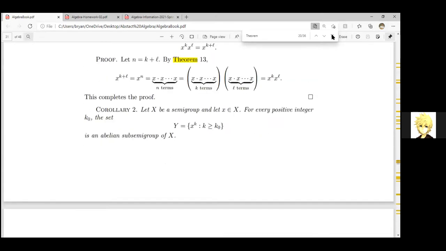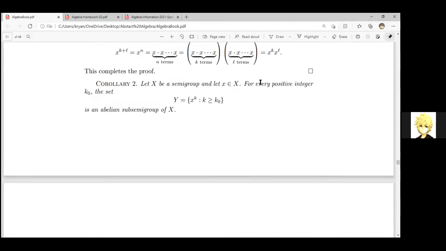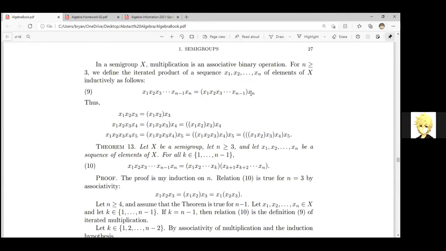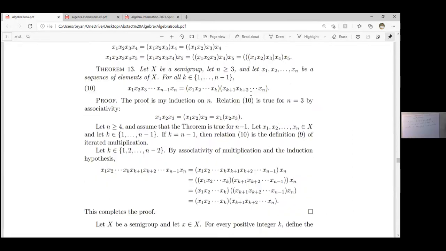Let's see. You just go up a page. Up a page, gotcha. Yeah, it has to be right before the corollary. There you are. Okay, so theorem 13 says,